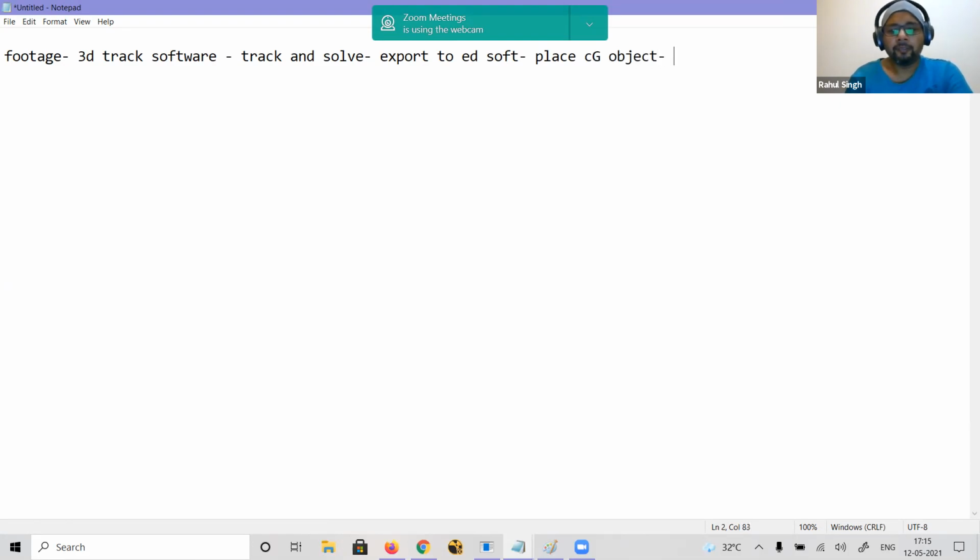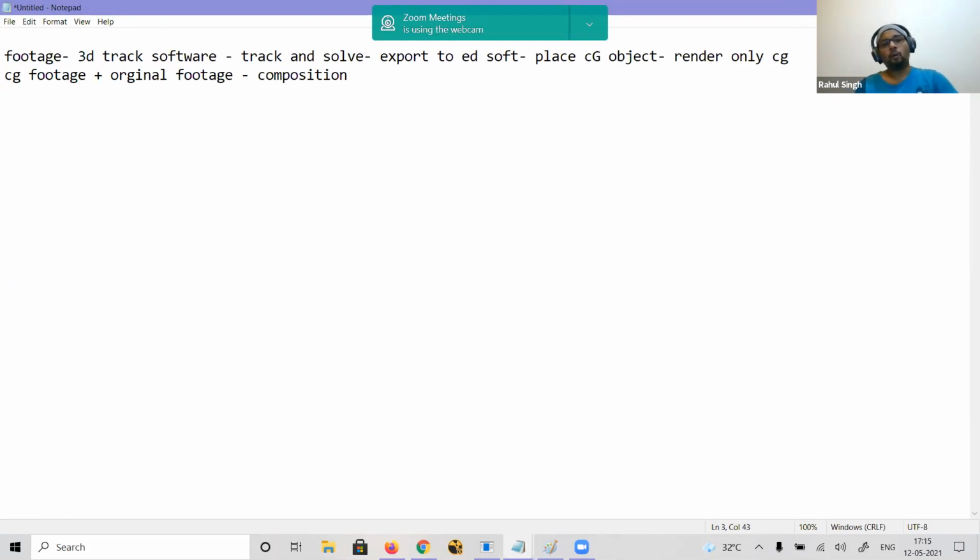Then we render only CG. Then we bring that CG footage plus the original footage, and you do composition with all the color correction and everything. So this is the whole process.